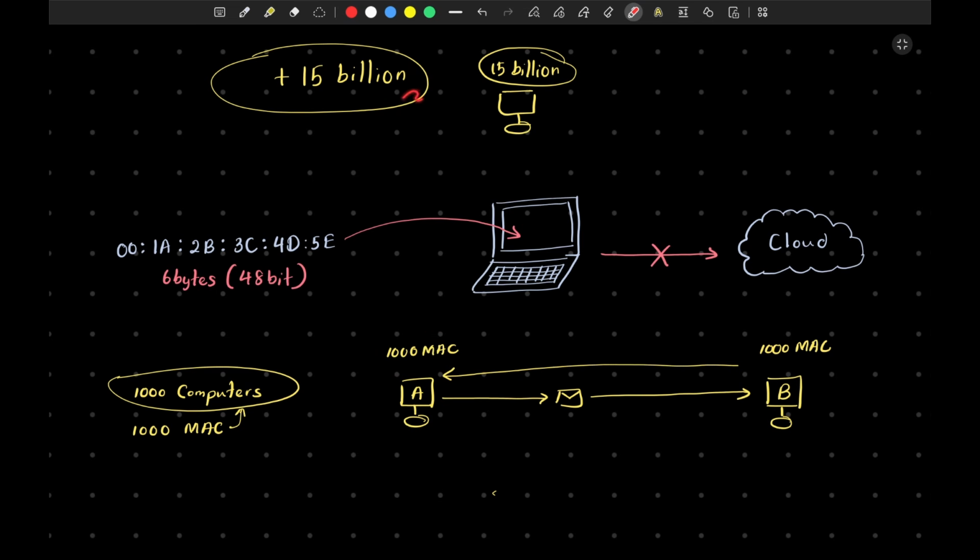That would be like 15 billion MAC addresses in one computer. That is not possible, and it is also a waste of time. Even if we saved 15 billion MAC addresses, when sending data we would have to go through every one of those MAC addresses and search for the particular one